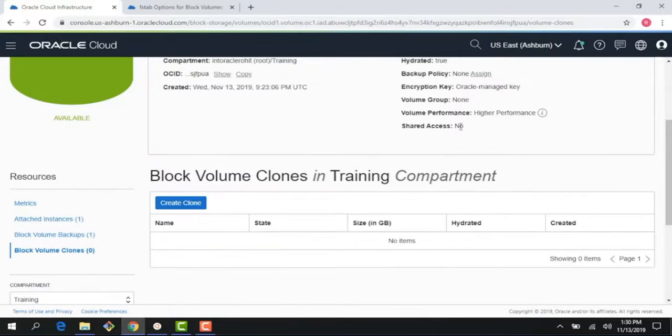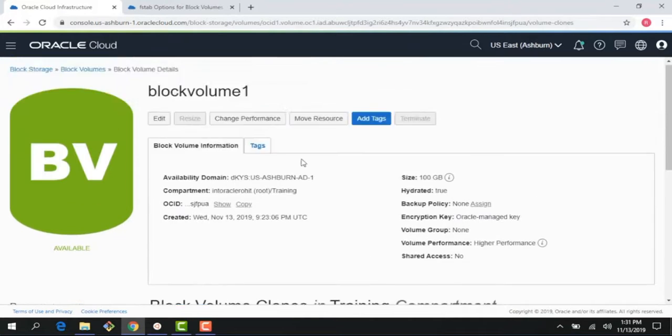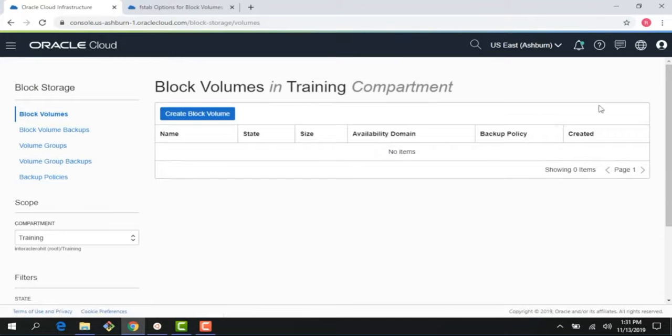So remember, we talked about block volume resize. There are three ways you can resize: one way is you create a clone, a bigger clone. The other way is you create a backup, a bigger backup, right? You could always go from a 100 gig volume to a backup which is 200 gig, and you create a volume from that backup. And the third way to do resize is, if I go back to my block volume here,